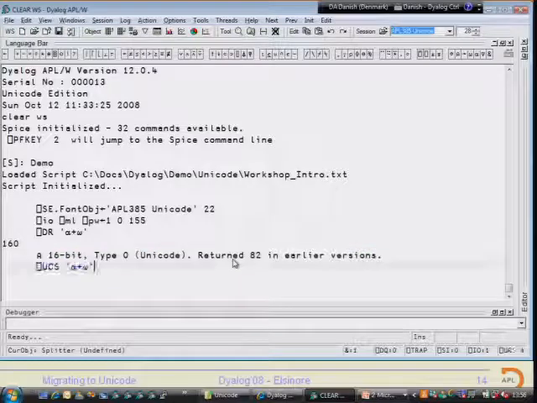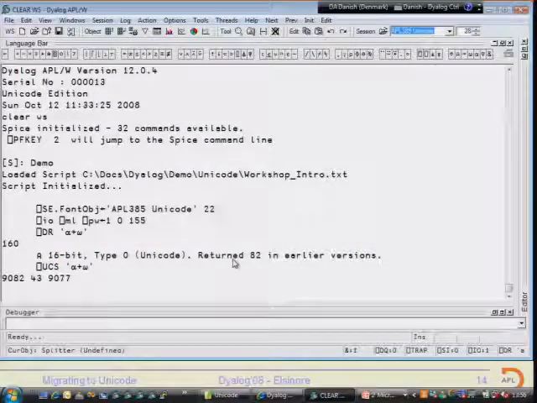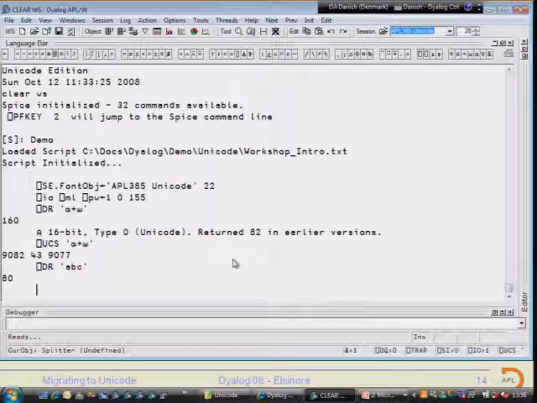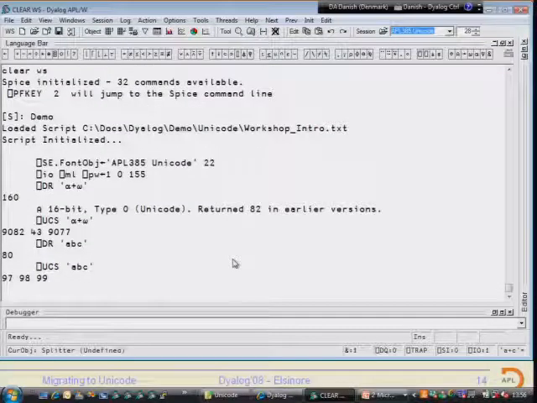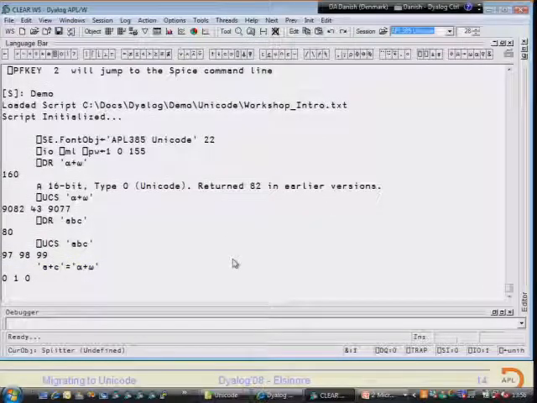In fact, all of what's in the demo here should be something you can work out from the slides. So ABC is just a single byte per element because all the numbers are less than 256. And here's an 80 on the left and a 160 on the right, and you just compare them and it does it element for element. As an APL programmer, you don't have to think about it. The only difference between them is how much space they consume in the workspace or on a file, of course. And that is an issue.